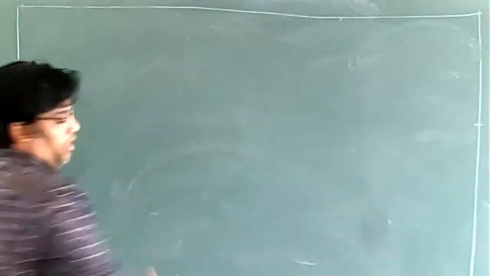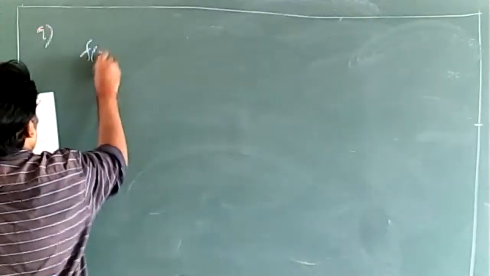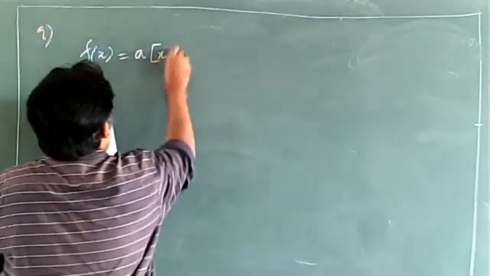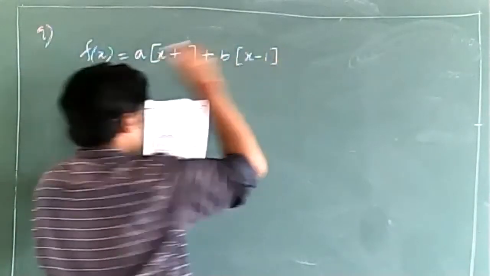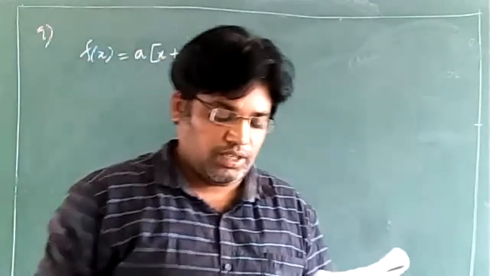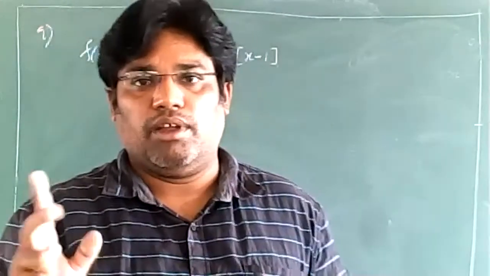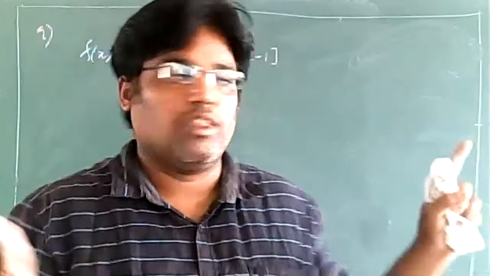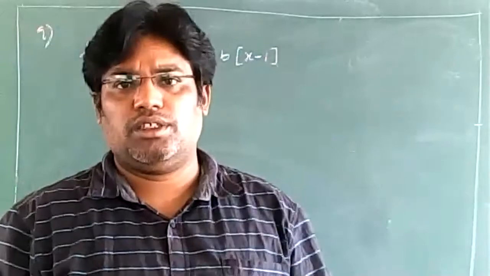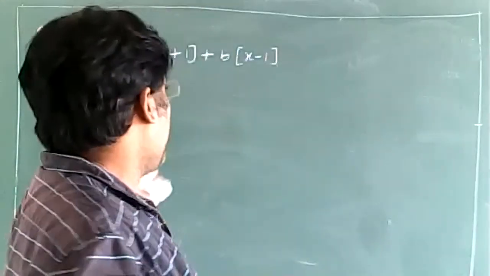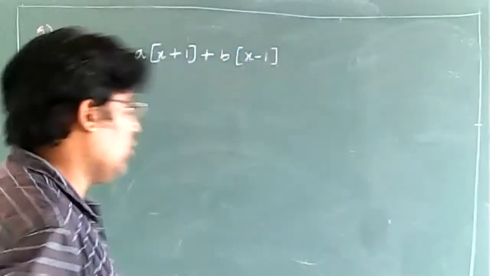This is question number 9 in level 2. So you got f of x is equal to a into step function of x plus 1 plus b into step function of x minus 1, where step x is the greatest integer function, continuous at x is equal to 1. Look, when step functions are given, there are two types. One, the interval is not specified, you don't have any intervals. The second type is they will be specifying the intervals. Okay, so first here the interval is not specified. The first question is, it is continuous at x is equal to 1. We have to be a bit careful.